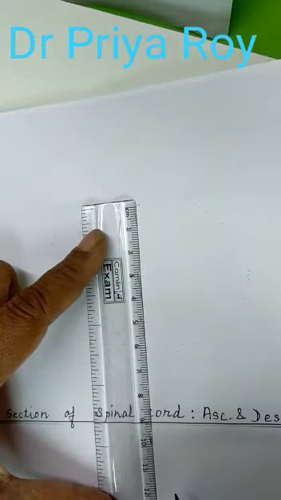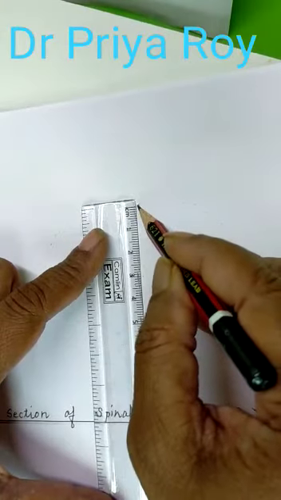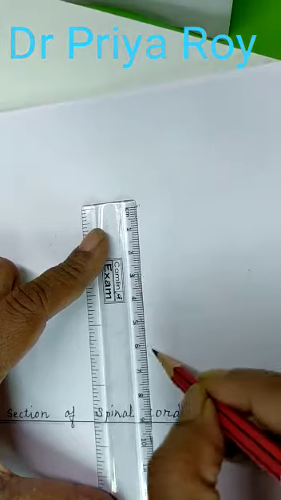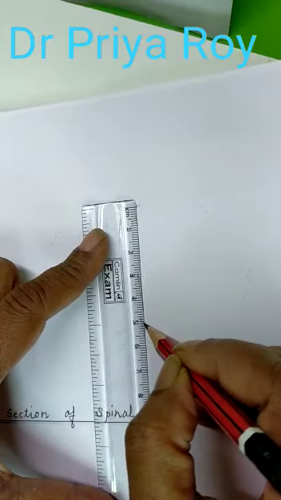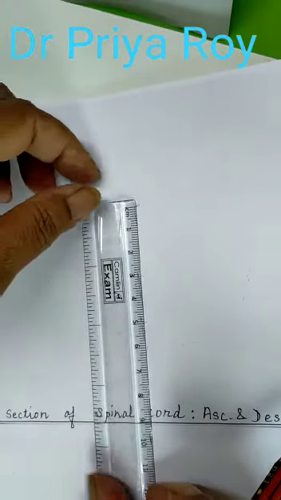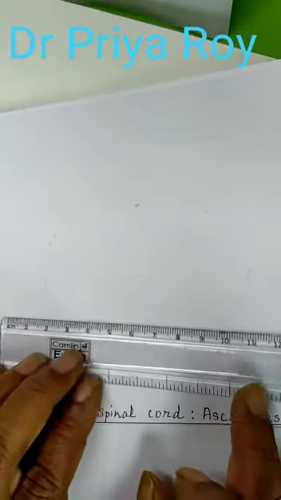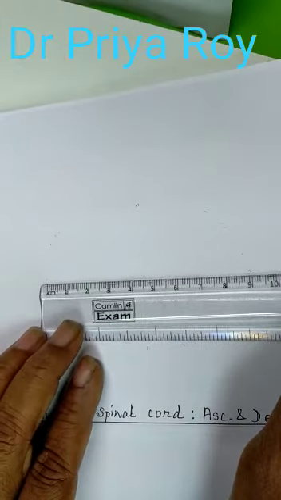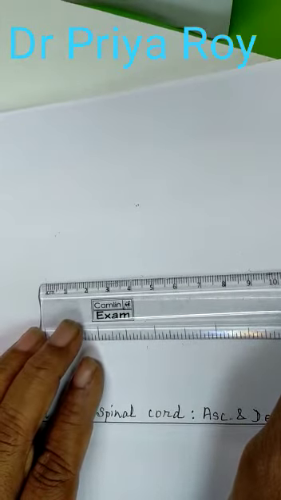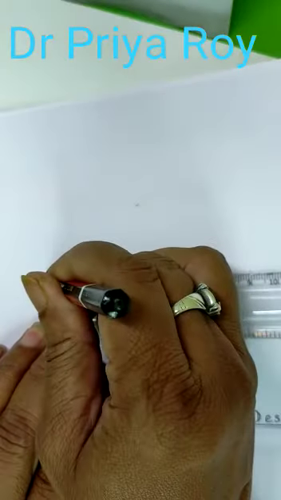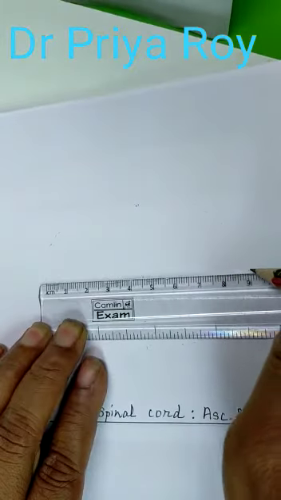Suppose I have taken 6 centimeters, so 1 point here, in the middle it is 3, and at the end it is 6, and I have put one dot here also at 5 centimeter. I will tell you later what that is for. And in the middle I have put it a bit longer. You can alter it, but I have put 9 centimeter, so at 4.5 it is the middle, and here 1 and 9.